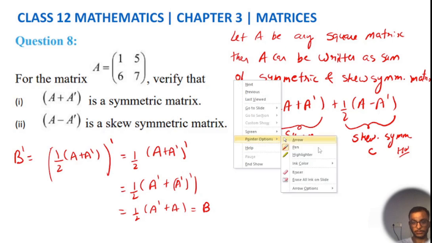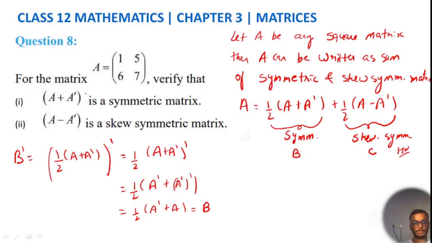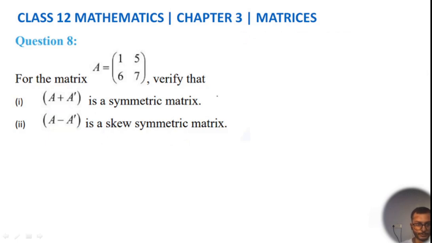Okay, चलिए, तो ये 8th क्वेश्चन क्या कह रहा है कि for the matrix A, verify that A plus A transpose is symmetric matrix and A minus A transpose is skew symmetric matrix. राइट, मैंने आपको अभी बताया कि 1/2 इंटू (A प्लस A ट्रांसपोज) सिमेट्रिक होगा, तो ऑफकोर्स स्केलर मल्टीप्लीकेशन से कुछ फर्क नहीं पड़ता, राइट, ट्रांसपोज की प्रॉपर्टी में और सिमेट्रिक और स्क्यू सिमेट्रिक की प्रॉपर्टी में। ओके, सो अपने को बताना है कि A प्लस A ट्रांसपोज सिमेट्रिक है, A माइनस A ट्रांसपोज स्क्यू सिमेट्रिक है। मैं एक पार्ट करता हूँ, दूसरा पार्ट आप करिएगा। मैं ये पार्ट करता हूँ, सेकेंड पार्ट।